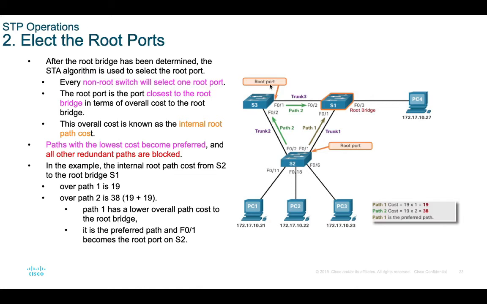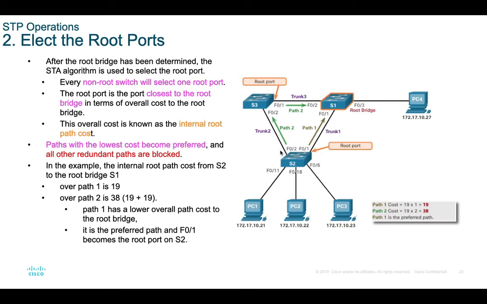But the situation can be changed. Let's say we are using Gigabit Ethernet here, not F0, but G0/1 here, and here G0/2 and G0/2 in here. From the point of view of switch 2, in order to go to switch 1 through path 1, the cost will be 19 here. But the cost if you go through switch 3 will be 4 plus 4, which is 8. Which one is lower, 8 or 19? So 8 is lower, so switch 2 will choose G0/2.